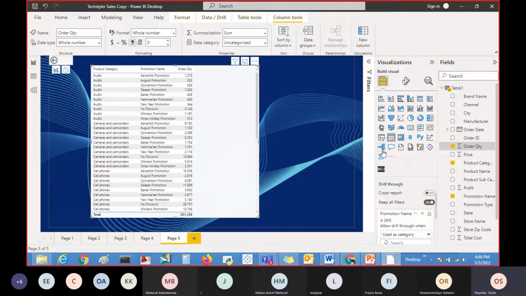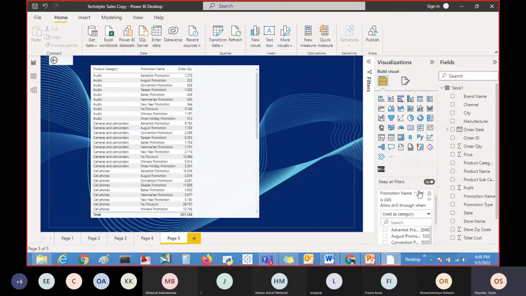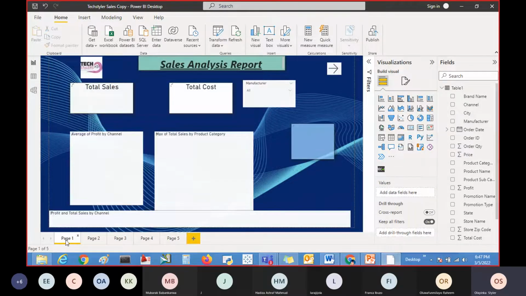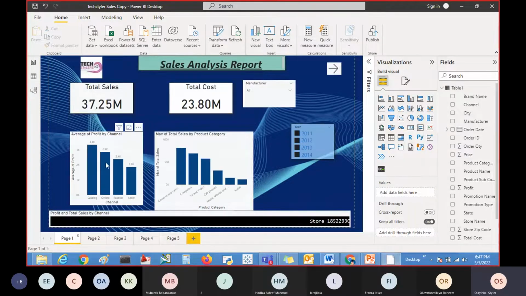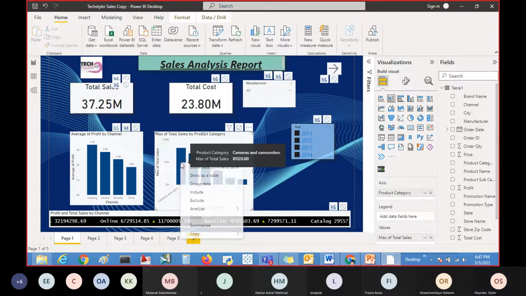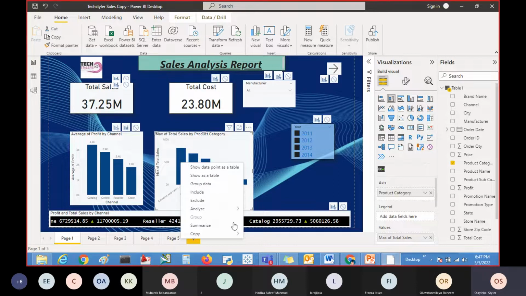So now that you have set this page as a drill through page, you come back to your original page, and this is the chart that has category. You want people to see from cameras, let them see the other things that happened on cameras. You right click here and then you say